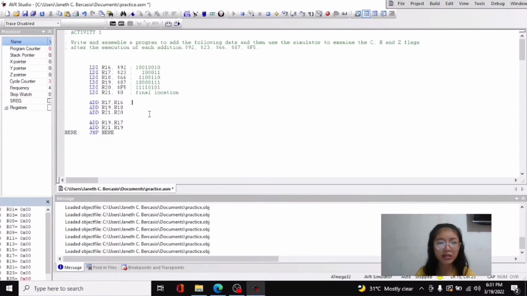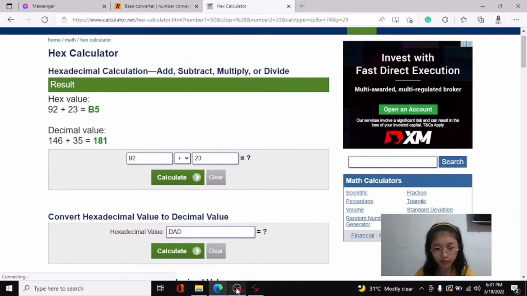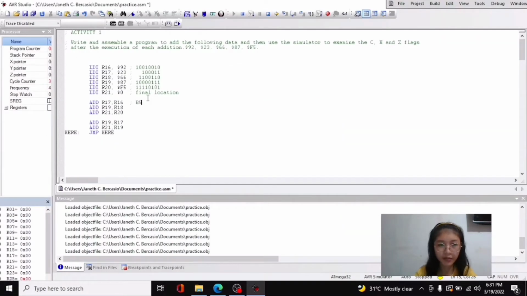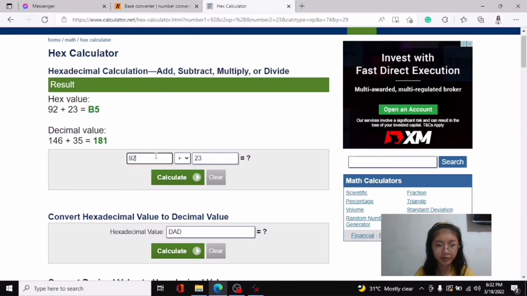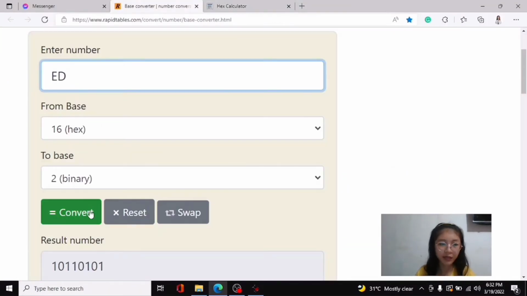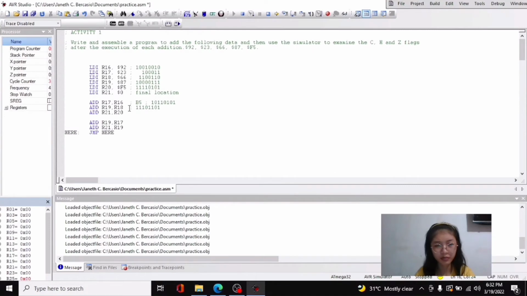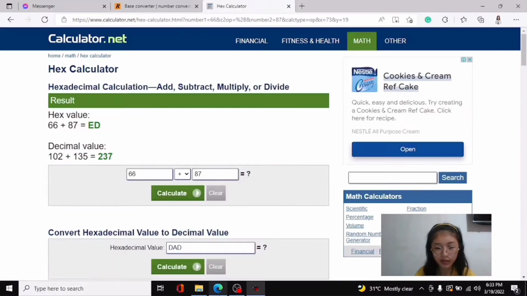So now I will be doing the arithmetic. I will add the first and second line and store it to R17. So 92 plus 23, the answer is B5, and in binary. So adding the fourth and third line, 66 and 87, its binary equivalent. And for the last instruction, add R21 and R20. So this is still F5. F5 binary equivalent is